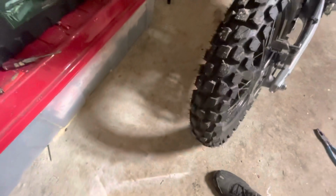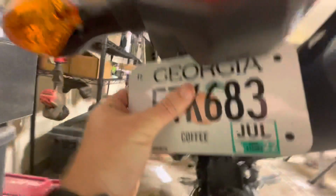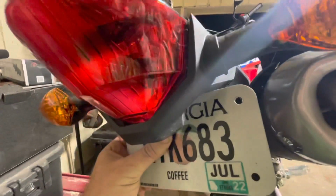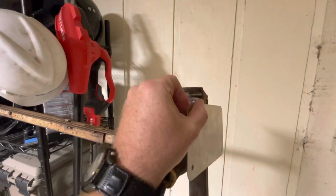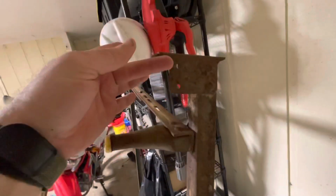let me show you what we're working with. So we've got our mounts right here, which I'm probably gonna need to cut these out or make some kind of spacers. But anywho, if we're right there, it's gonna cover. See, we got to get it down just a little bit. I think that's gonna be enough. Anywho, I'm gonna get this guy cut off. I'm gonna get this little piece cut off here and